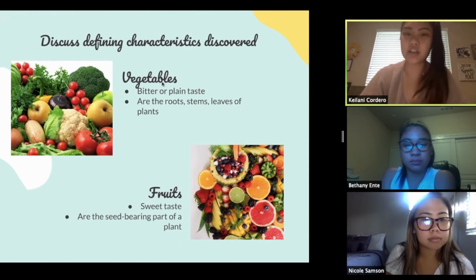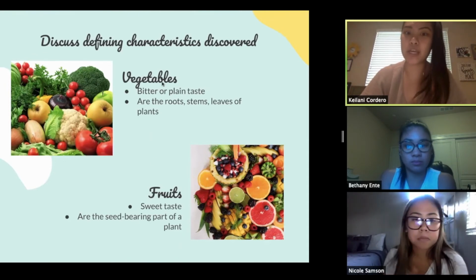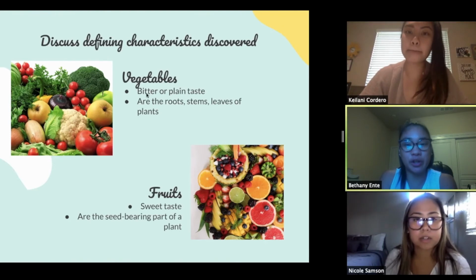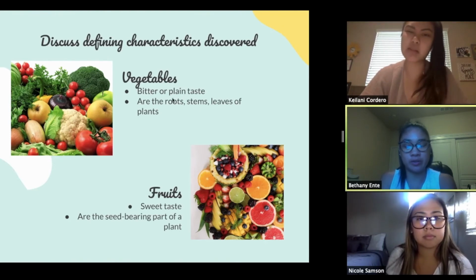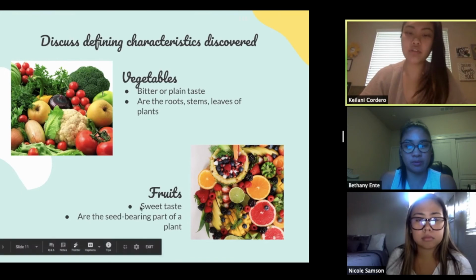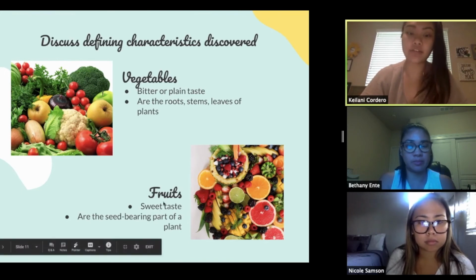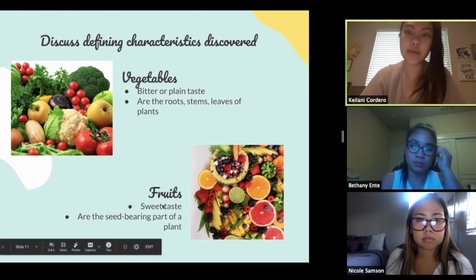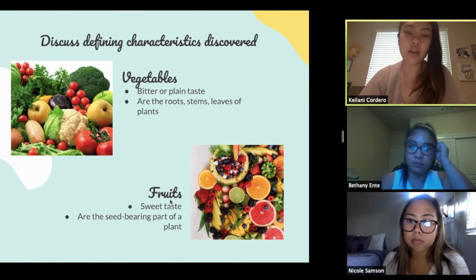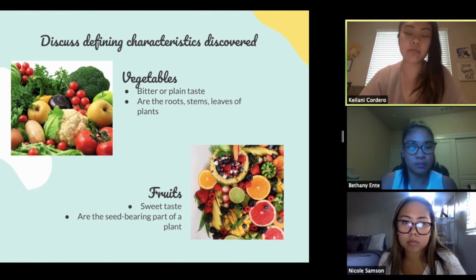So vegetables, they taste not so sweet. So we call that bitter. Can we say bitter? Bitter or plain. So sometimes they may not have a flavor. And fruits, we talked about how they're sweet. So fun fact, fruits have a natural sugar in them. And those ones are okay for our bodies because they have something in them called fiber that processes those sugars,